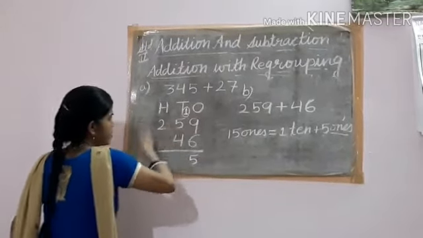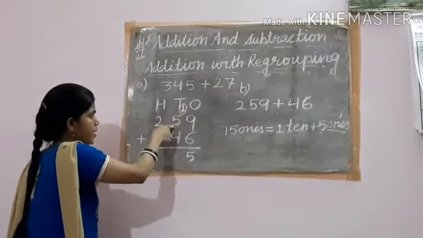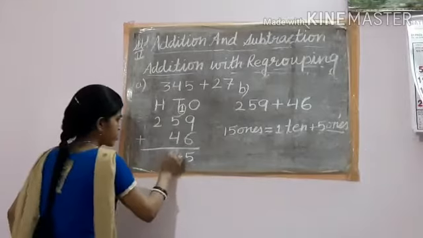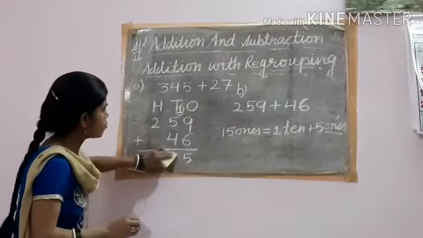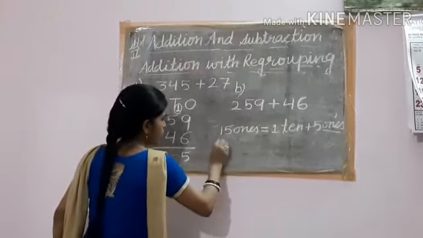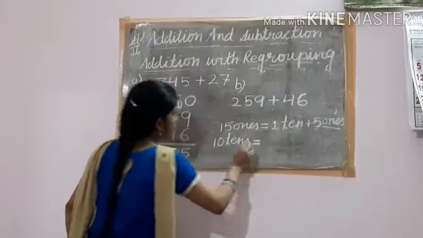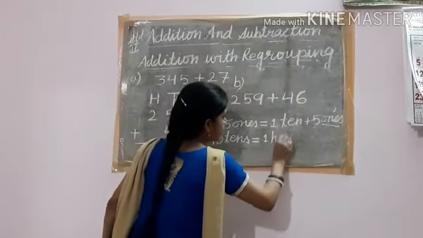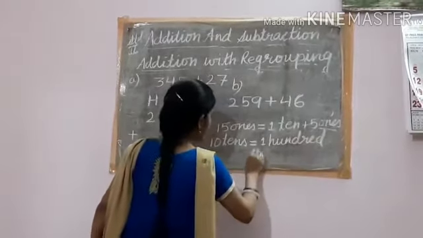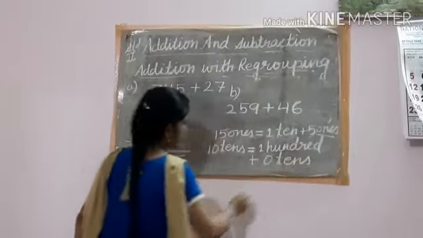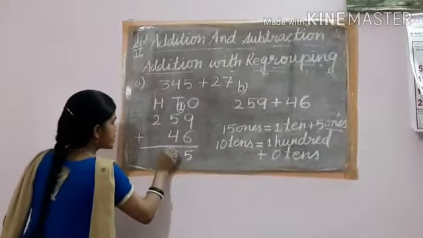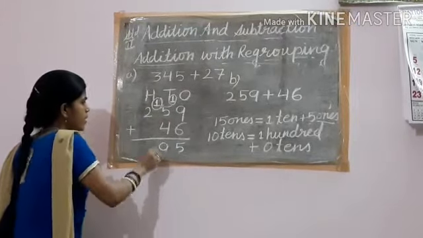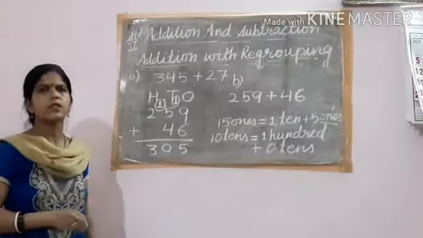So here is 1. Now add here. 1 plus 5, 6, and 4, 10. Better see here again 10 is coming. So you don't write 10 like this. You have to regroup these 10 tens also. When you regroup 10 tens, what will come? 10 tens are 100. So here 100 and 0 tens. So you write 0 here and give 100 to the 100s place. Now add this 1 and 2. 2 plus 1, 3. So the answer is 305.